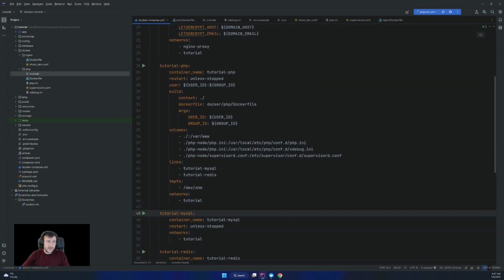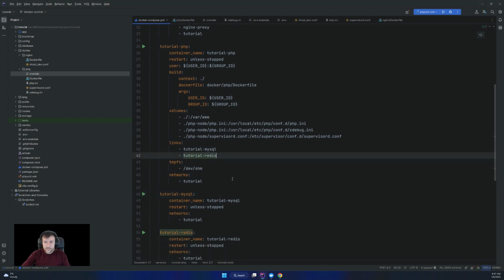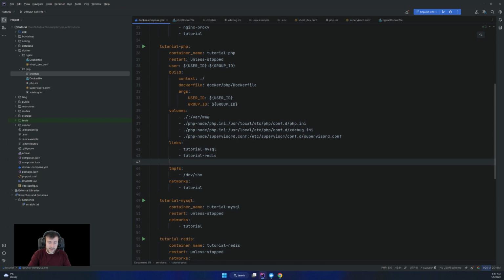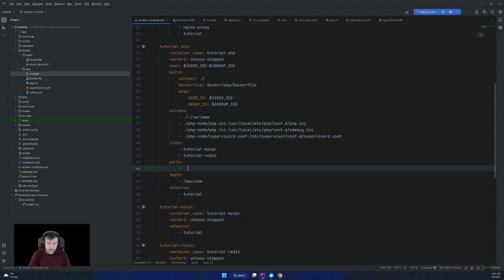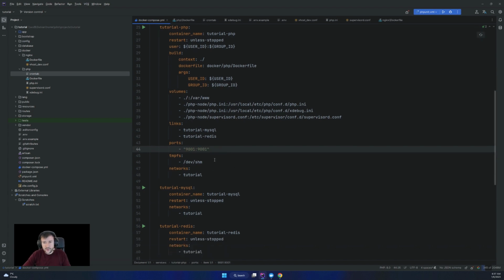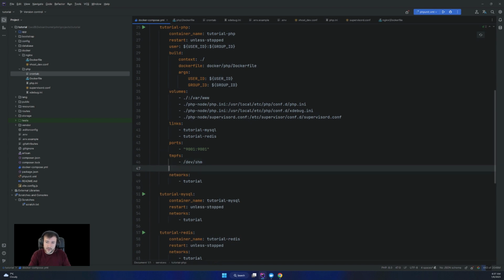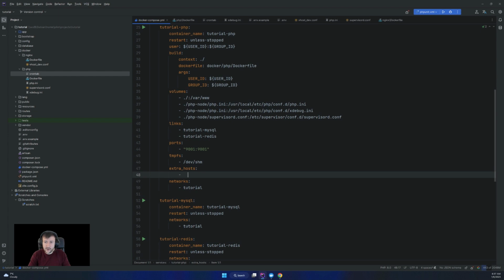file. What I need to add to the Docker Compose file is to actually expose that port. So I'm gonna go ports 9001 to be 9001. Okay, I need to define another variable, which will be extra host.